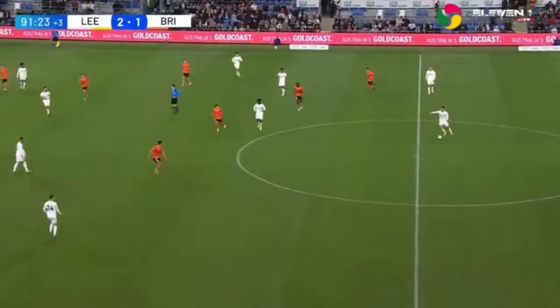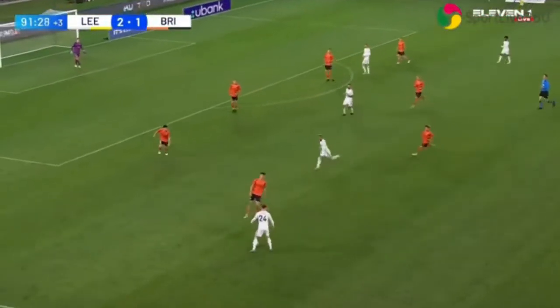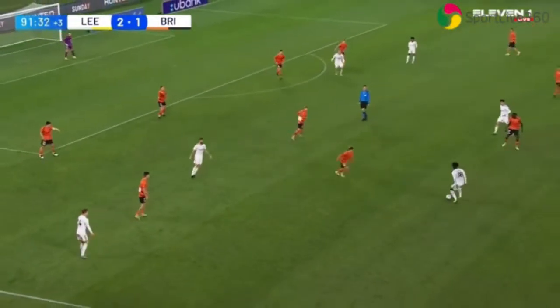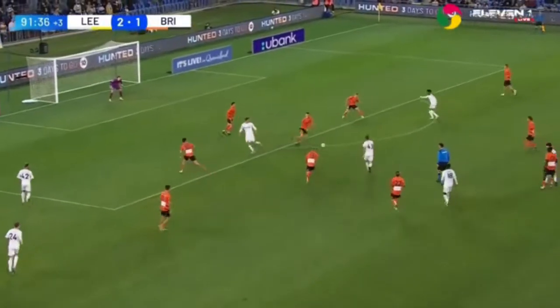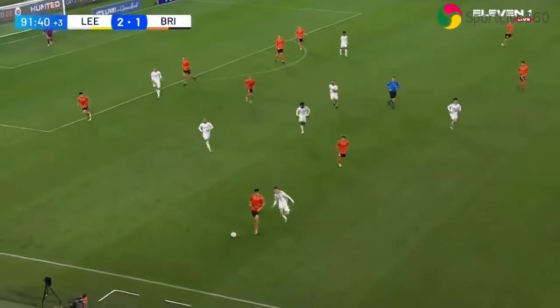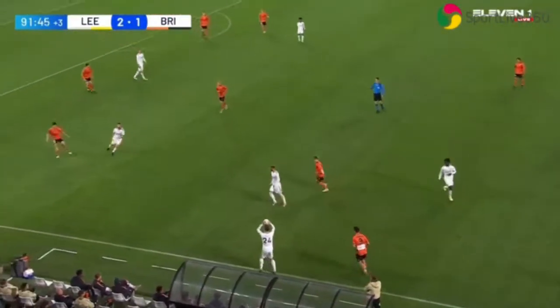So plenty of storylines coming out of this match, mainly for Leeds. Right on cue, the left fullback position. It's going to be a bit of a headache, you feel, for Jesse Marsh. Jack Harrison trialled there in the first half. Leif Davis getting an opportunity in the second. It's a hole they're going to have to try and fill. And for Brisbane Roar,